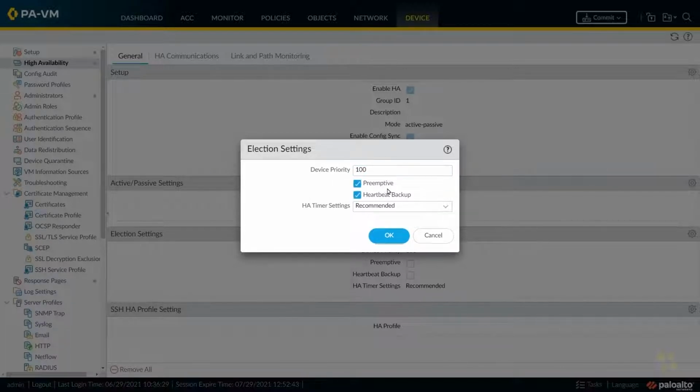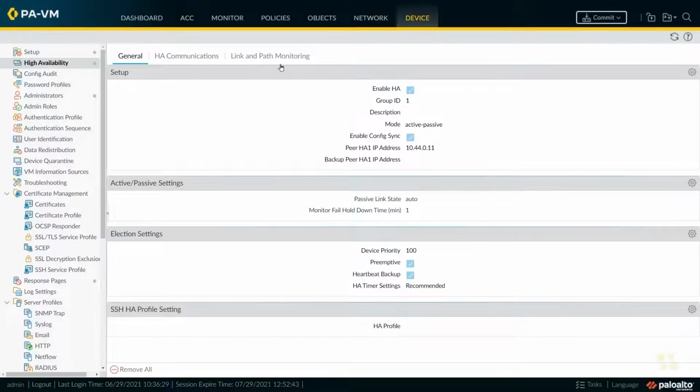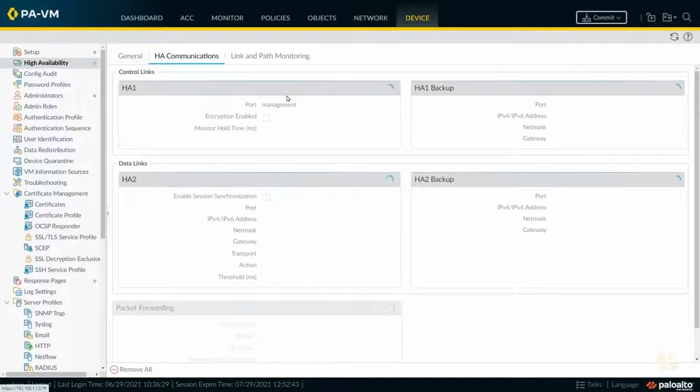So with preemption enabled on this firewall too, if we change the other firewall's priority to something higher than 100 in the future, this one will automatically take over. And for the lab, it's a lot of fun. That way we don't have to wait to fail back after we cause a problem, because it'll do it automatically because of preemption enabled. So we'll click OK there, and then we'll go to HA communications, and we'll configure the